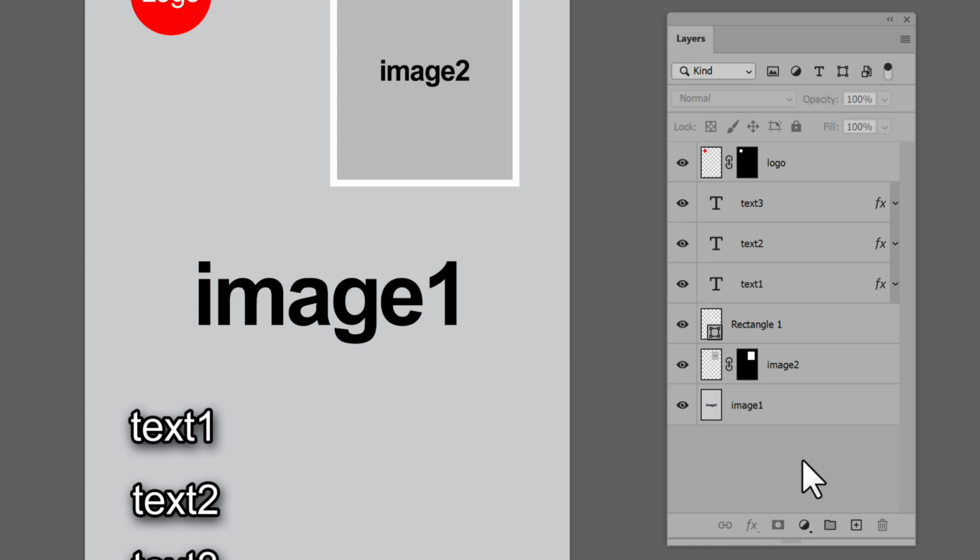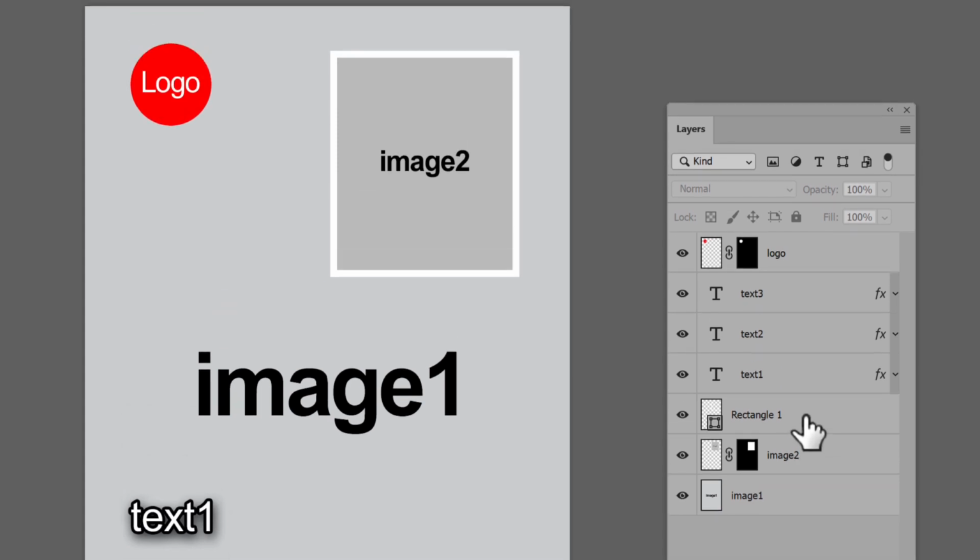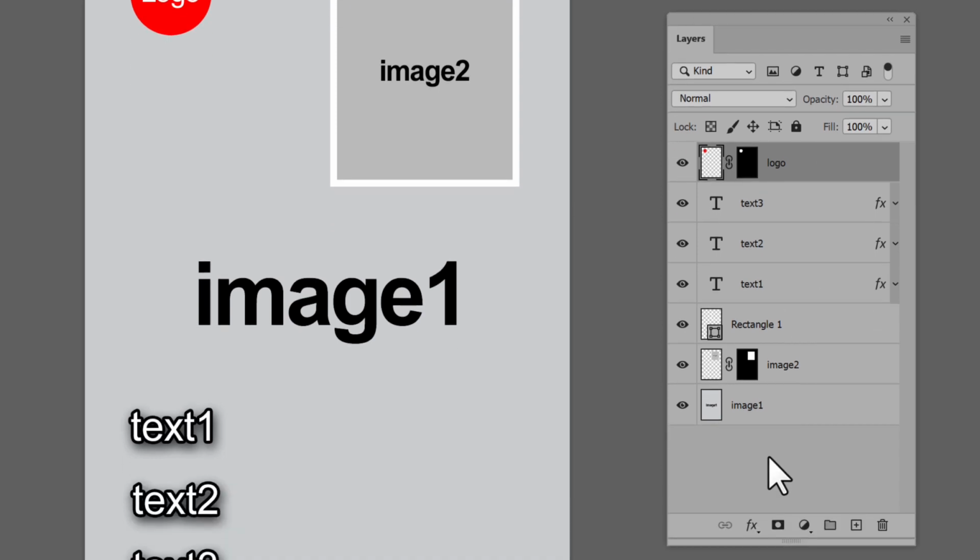There can be other layers or groups to include with all images output. For example, this template has a shape layer, Rectangle 1, a white border around Image 2. Also, pixel layers can be masked. Layers Image 2 and Logo, for instance. In that case, the imported image is fit into the mask. There's no limit of how many layers the script can update. The only limit is how much Photoshop can handle.